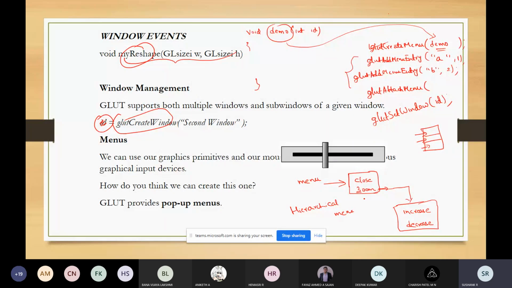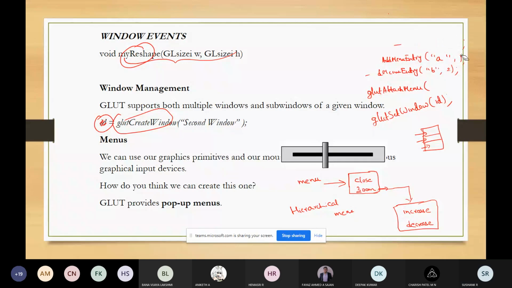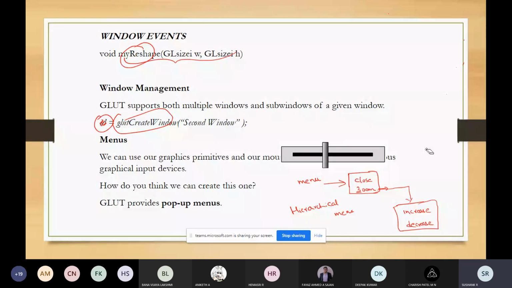So for this, how can you create the program for writing this menu? Just write the code for this. How you can write the code for this submenu. We have a code snippet for writing this. So we have two options, right? First thing is, I'll write the code for this one.